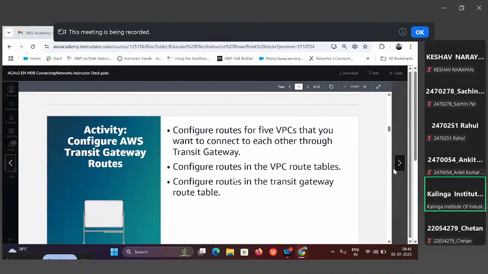Okay, so just have a look at configuring routes for the 5 VPCs that you want to connect to each other through the transit gateway that we have seen now. So we have to configure the routes in the VPC, that is the route table. So configure routes in the VPC route tables, and then we have to configure the routes in the transit gateway